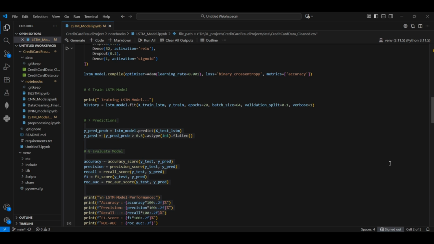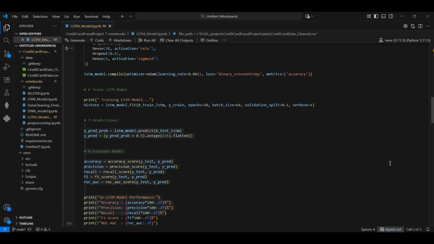Unlike BiLSTM, this LSTM model reads the data in only one direction, from past to future, which makes it simpler and faster. I trained the model for 20 epochs and achieved 95% accuracy,